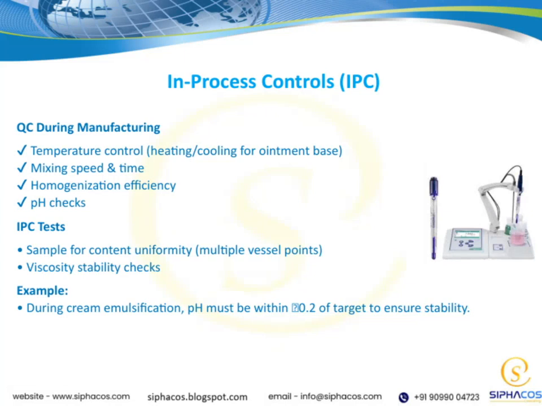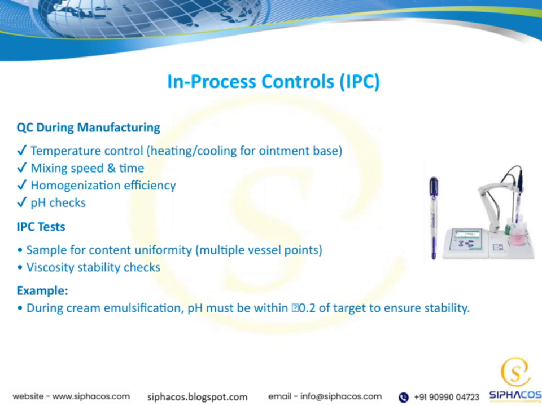Let's talk about in-process controls, or IPC, which are essential for QC during manufacturing. These controls ensure that the product is being made correctly at every stage. For example, temperature control is crucial, whether we're heating or cooling the ointment base, to maintain the right consistency and quality. Similarly, we monitor mixing speed and time to ensure thorough blending, and we check the homogenization efficiency to confirm